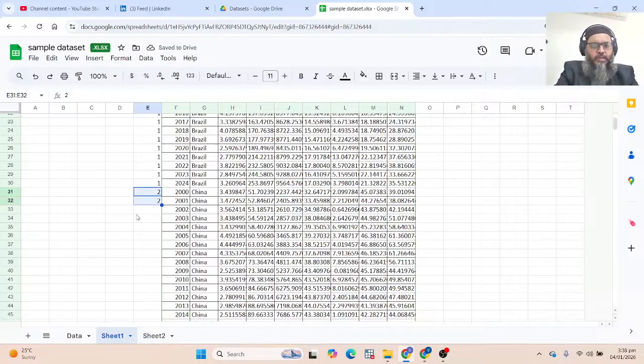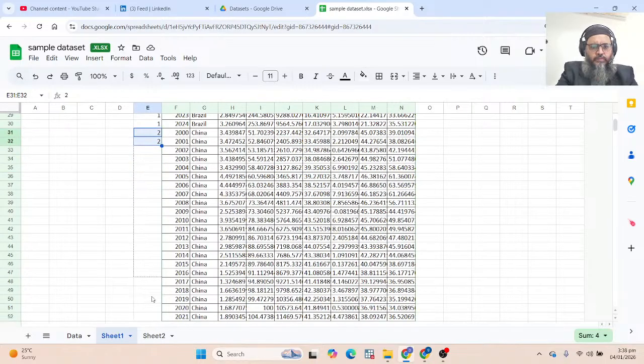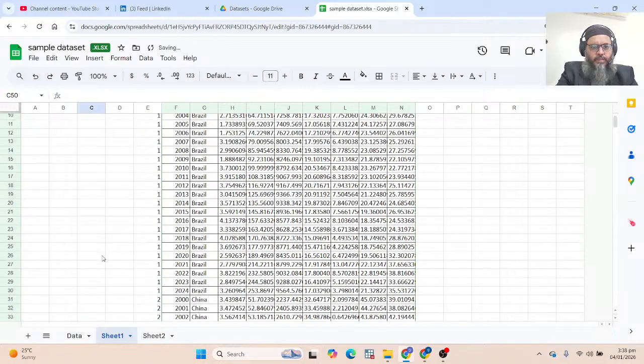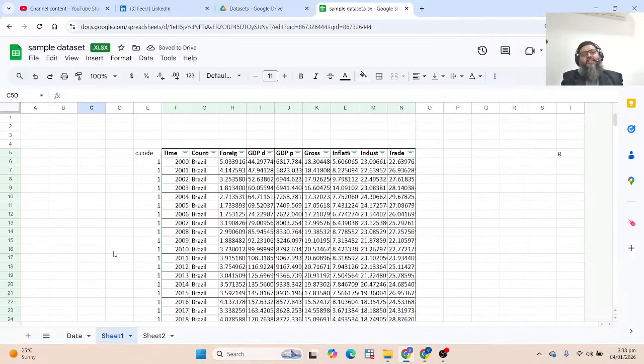Now these are the codes, and similarly you can assign different codes. Now these country codes, these are numbers. So can we treat these codes as numerical data? Can we perform different numerical operations here?